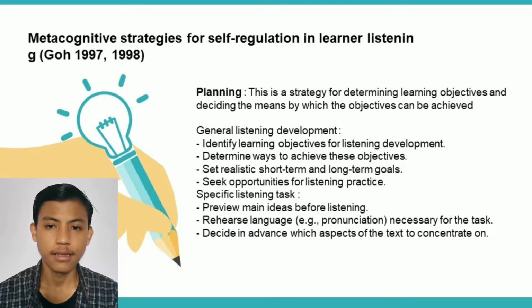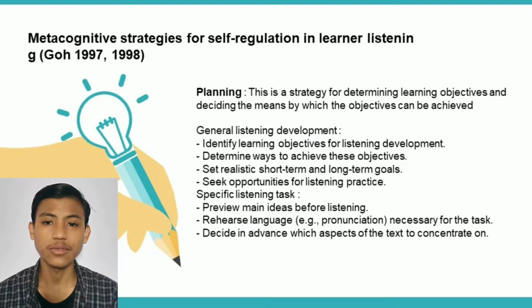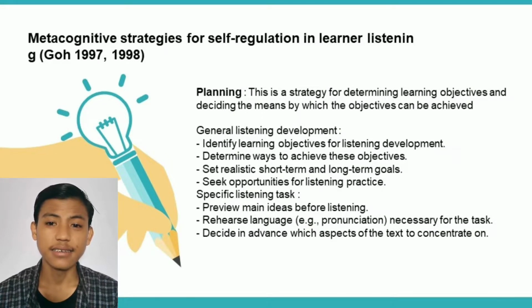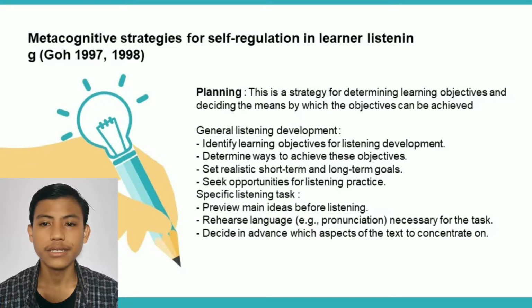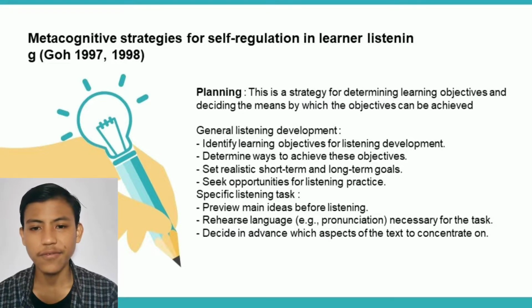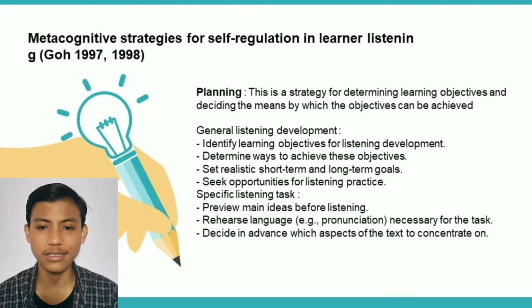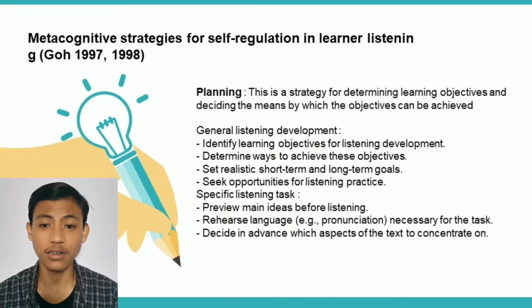Strategies planning. This is a strategy for determining learning objectives and deciding the means by which the objectives can be achieved. General listening development: identify learning objectives for listening development, determine ways to achieve these objectives, set realistic short-term and long-term goals, and seek opportunities for listening practice.